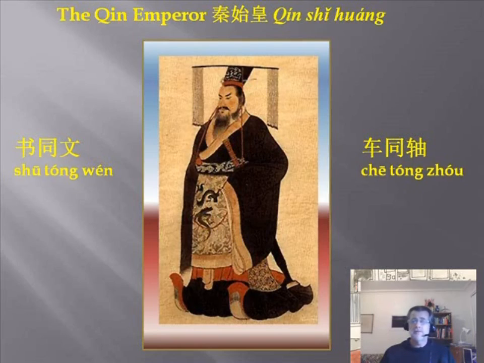Now, a little bit later on, we're going to talk to you about the differences between traditional characters and simplified characters. But even despite those changes in more recent history, effectively the system of writing is the same in many aspects as it was back then. And regardless of where Chinese people are, where they come from, particularly within China, but this includes now areas outside of China where the Chinese have migrated to over the centuries and the millennia, they read the same system of writing. So when they look at the characters, essentially, now again, there are of course exceptions,